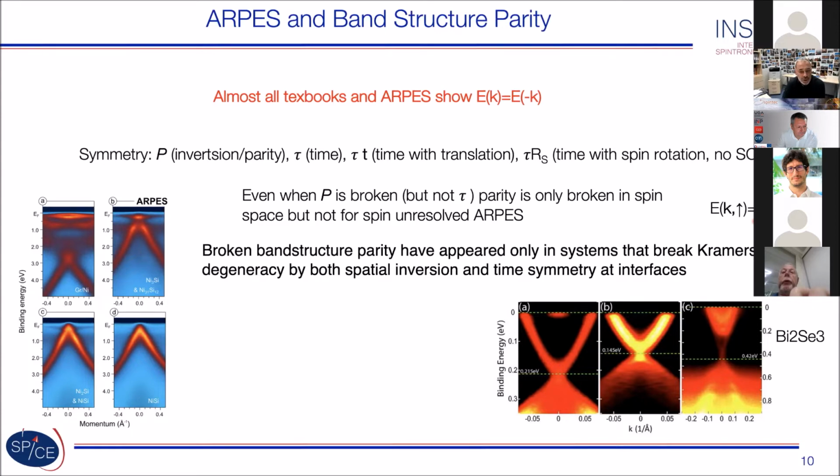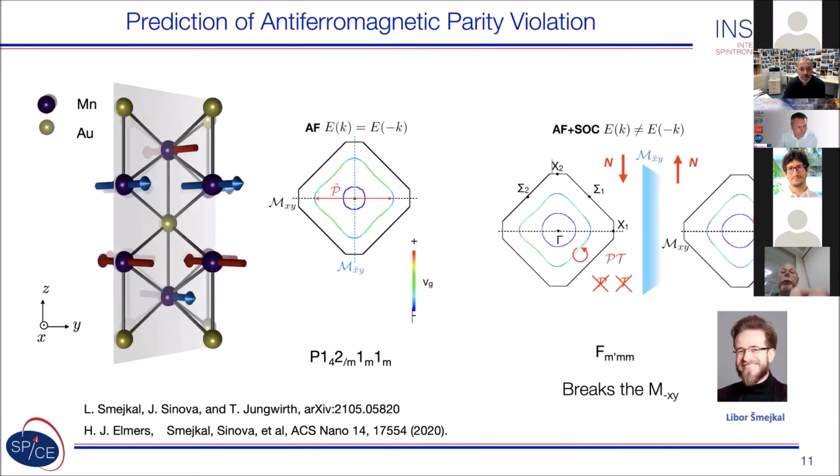But what was not expected and is not known is that in the Kramers degenerate system, where you don't break that Kramers degeneracy, which happens for these PT antiferromagnets, you would see that. And this was the prediction that we did, that Luis Šmejkal did on this particular manganese two gold, where you can see in this structure that here the Néel order is in the x direction. Then, in this case without spin-orbit coupling, which I show here in this diagram on the left,